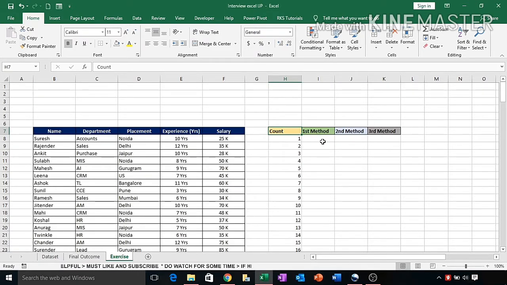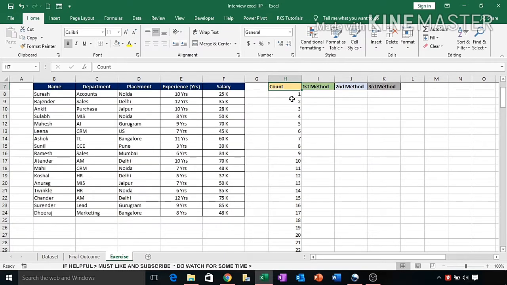Now we start working. We use 3 different methods to build the helper column. The information in all 3 columns will be the same, but the way of working is different. The first method is that we copy the numbers from 1 to 17.